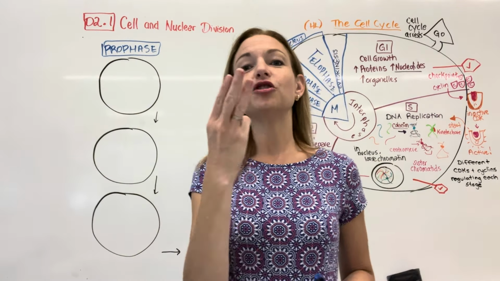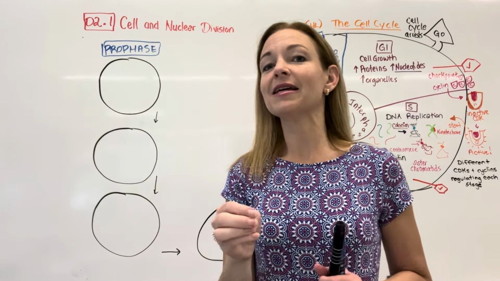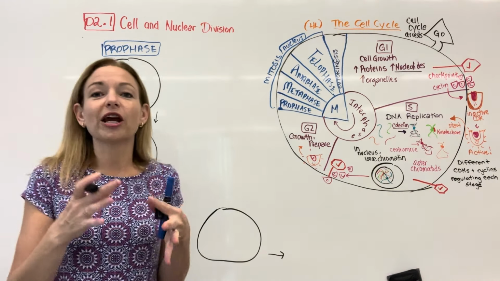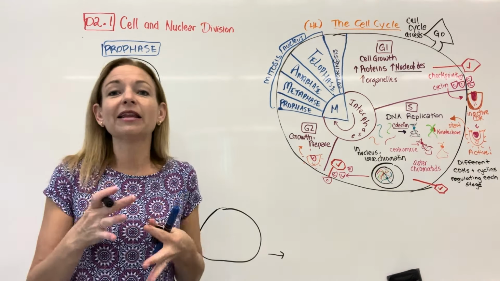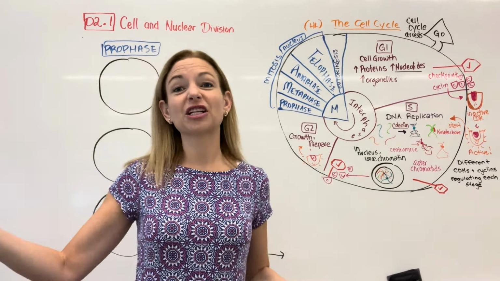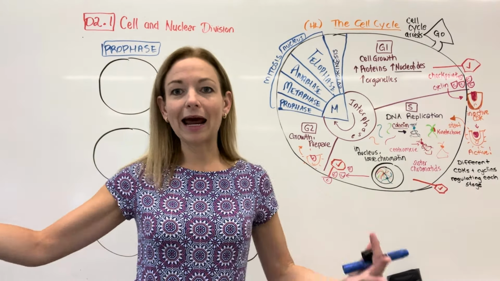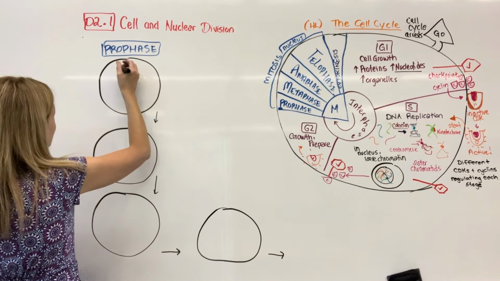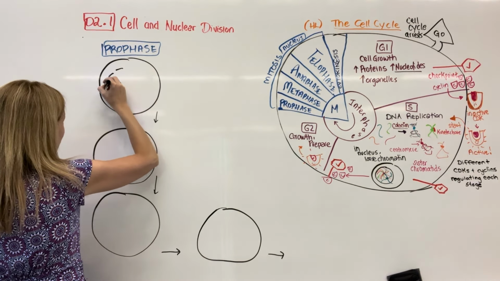So there's 3 things you need to know about prophase. So first of all, the nucleus is constraining the DNA. So if I need to spread it out, I want to unpack it out of the nucleus. So it's like putting all your homework in your backpack, but if you get home and you actually want to do your homework, probably need to take it out. So we need to get it out of the nucleus so it has more space. So we're going to show that by drawing the nuclear membrane dotted.